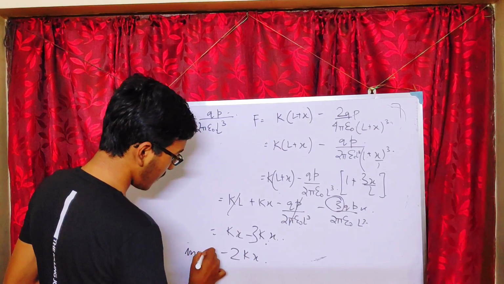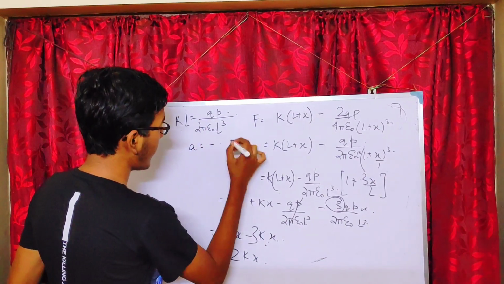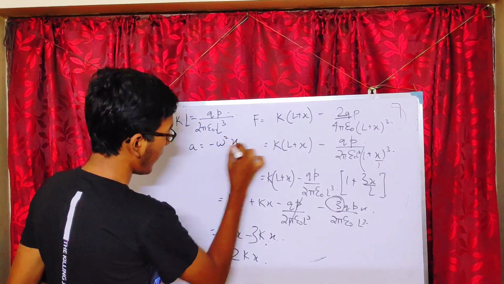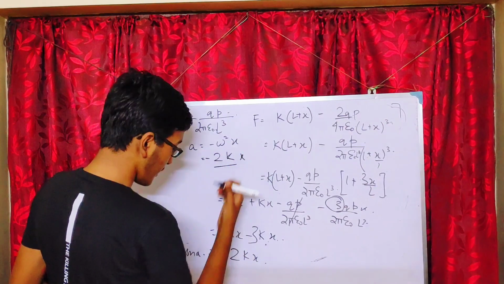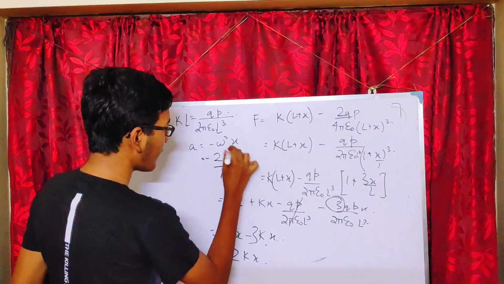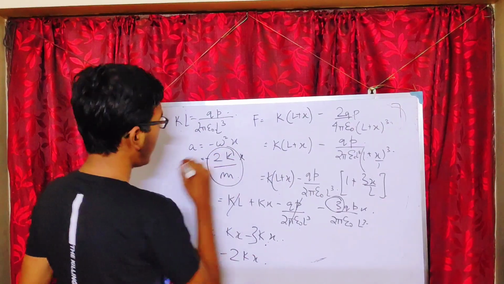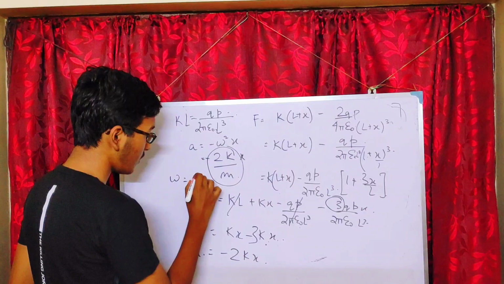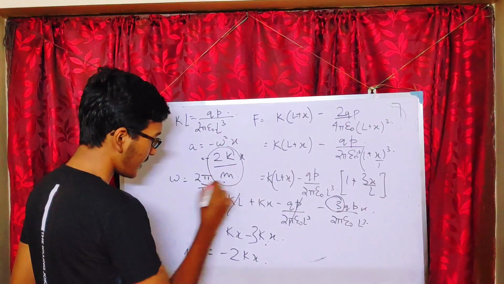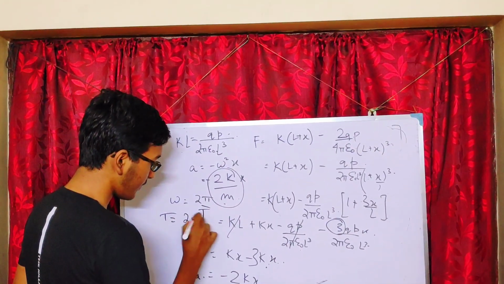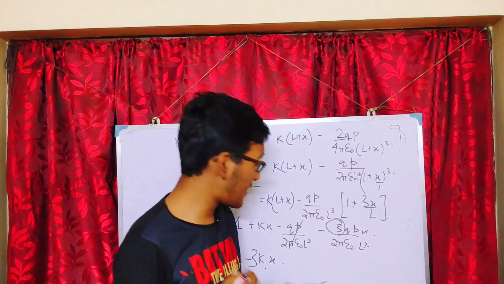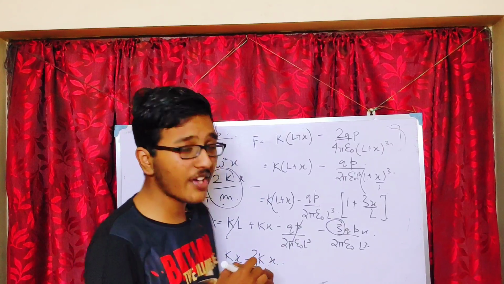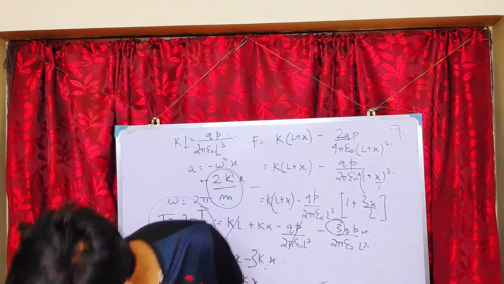Force would be m into a. So a I can write as minus omega square x, that is equal to 2k x by m. So this is our omega. So omega equals 2 pi by T, that is T equals 2 pi by omega, and you get the desired result, right? So the basic concept behind this is, if you have been given any SHM problem, first you have to displace that thing,